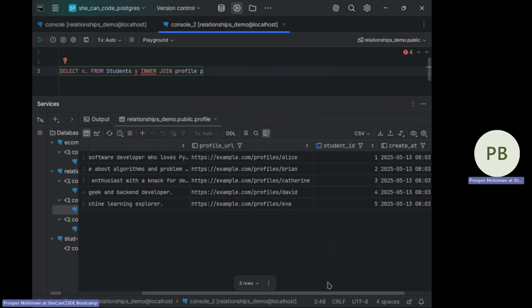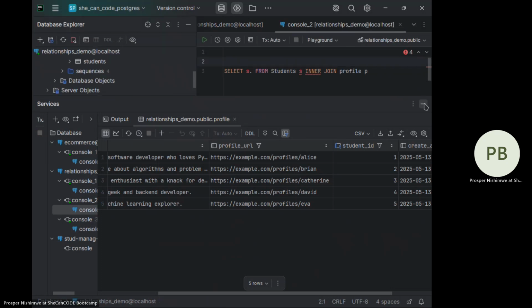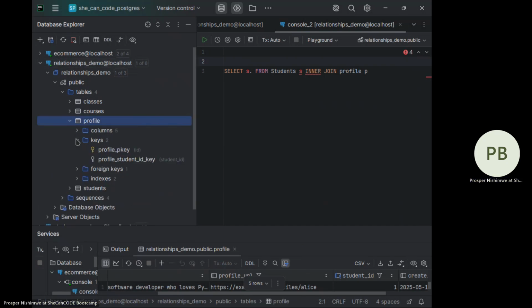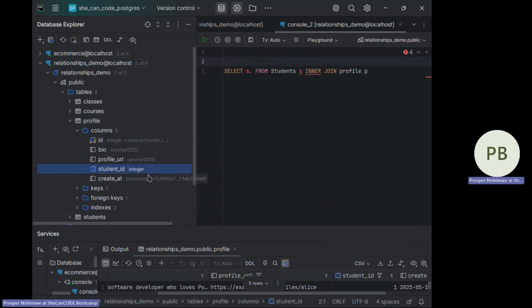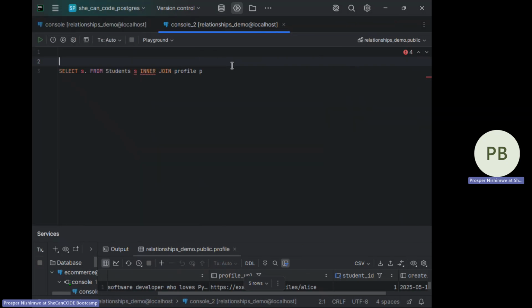In the profile we have the student ID, and in the students table we also have the ID. These are common in both tables. So what we're going to say is, I want to get all the students, but for those who have